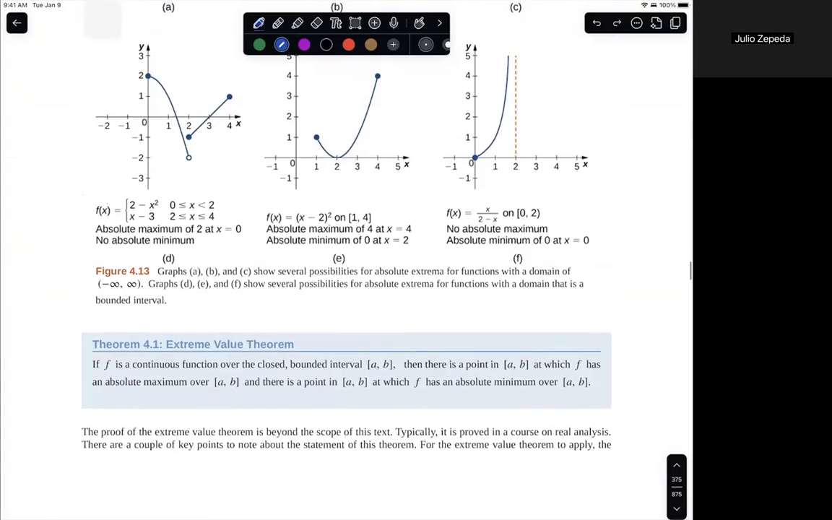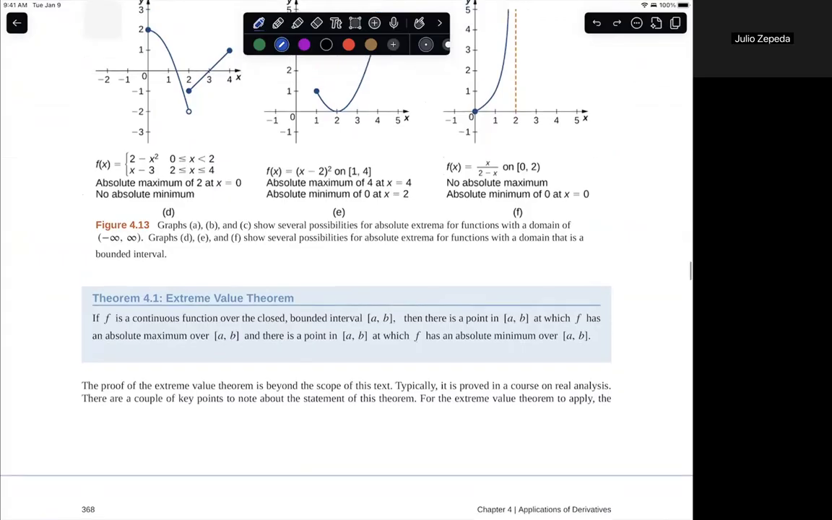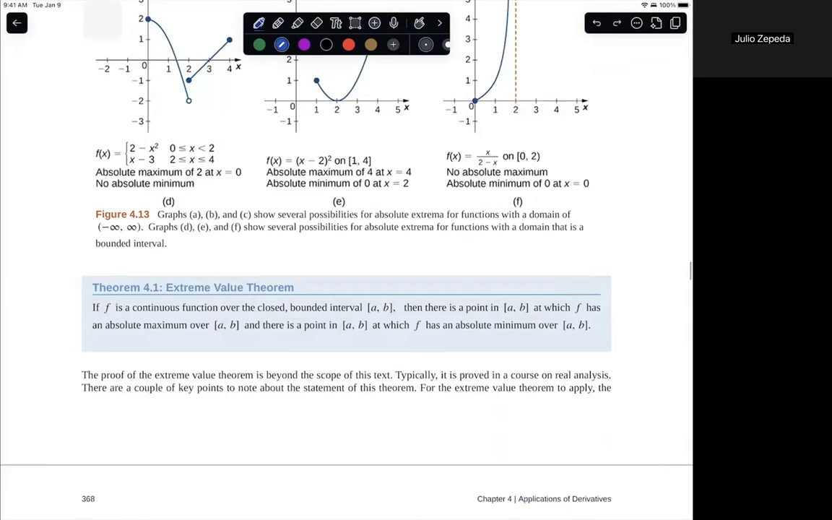So let's go ahead and take a look at the extreme value theorem next. This is theorem 4.1, the extreme value theorem. So how do we find extreme values or absolute extrema for a function f? Well, let's take a look at this theorem. What it says is, if you have a function f that is continuous, so it's important that the function is continuous, and if it is defined over a closed and bounded interval from A to B,